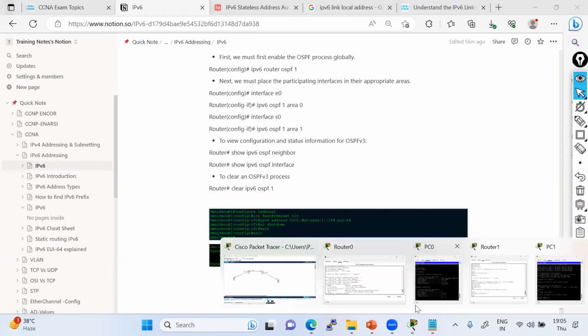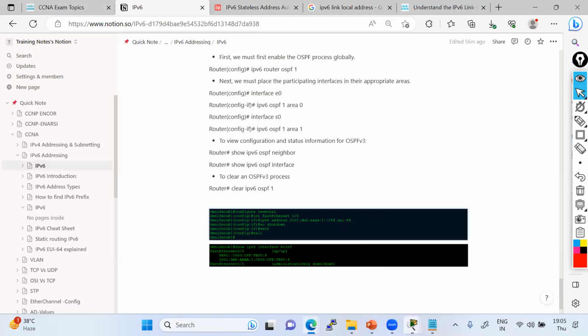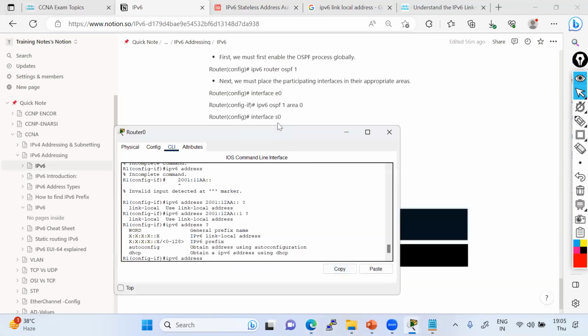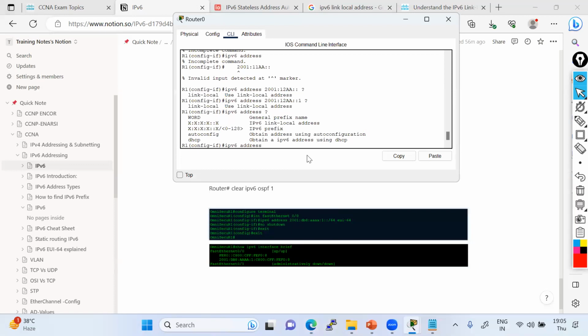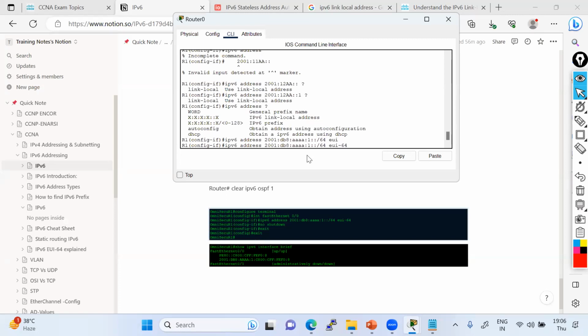Let me show you again. Let me try to put this again. Like even this same IP address, 2001:DB8:AAA::/64 eui-64. Oh, it is taking.